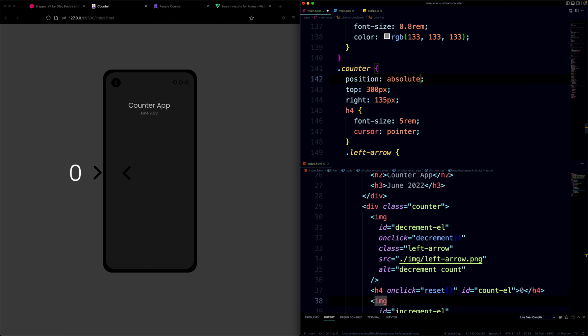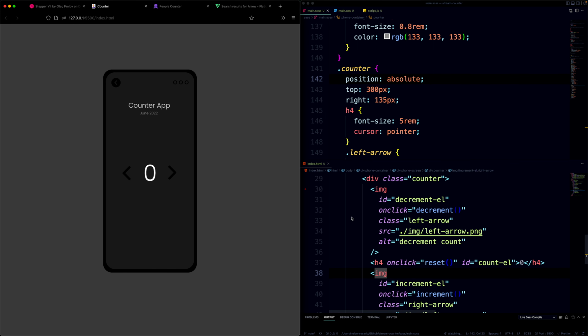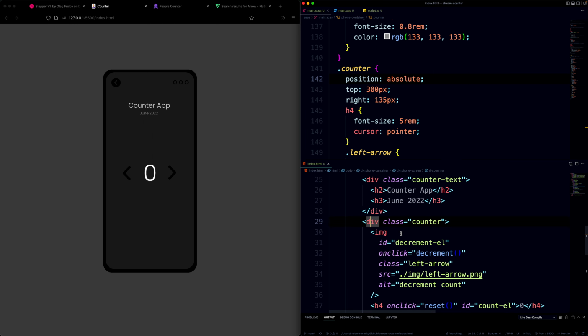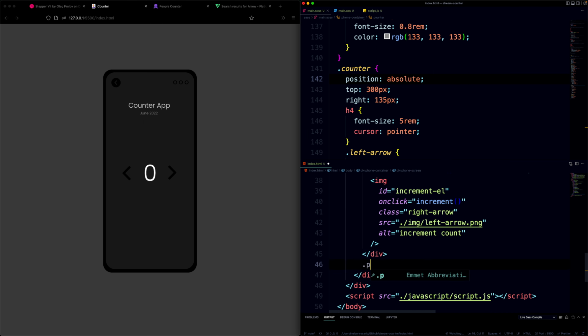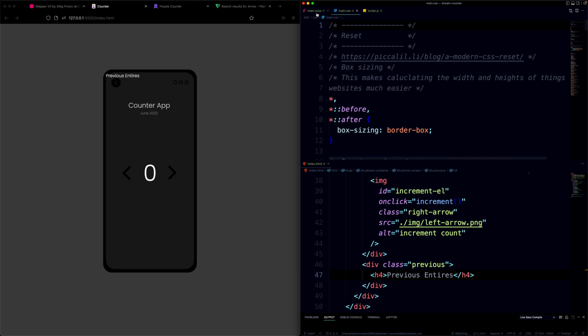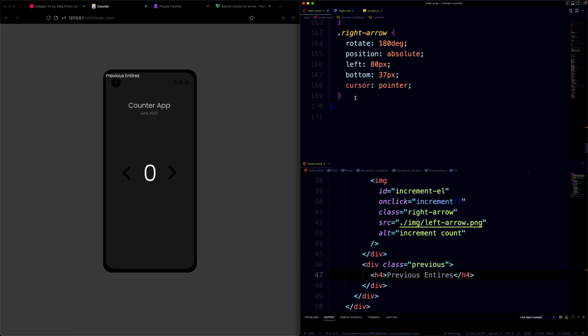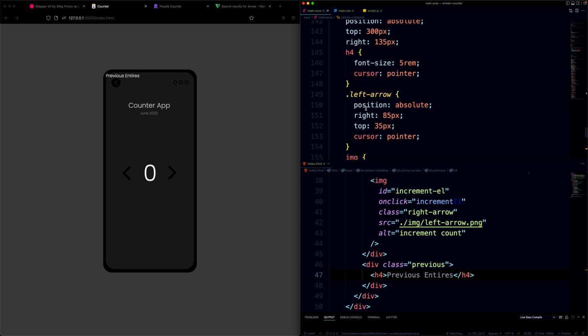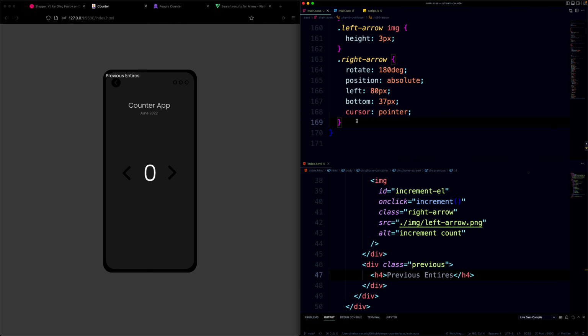You know, first let's handle the previous entries. So down here, I want to make something that gives you your previous entries. So let me do dot previous, and then I'm gonna do an H4, and it's gonna say previous entries. So now we can go here and go down, and we can make this. This is inside of the phone screen. So dot previous,